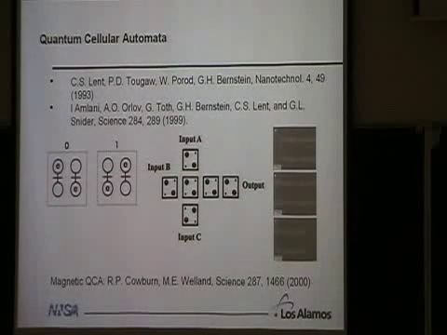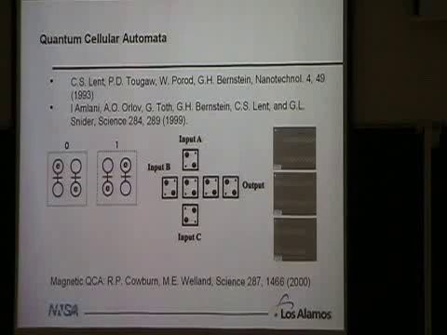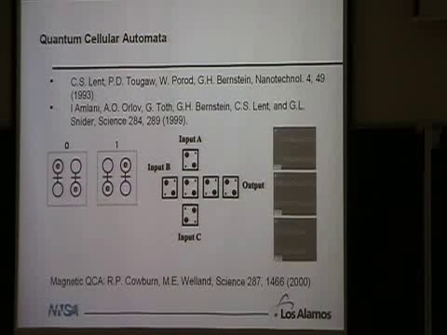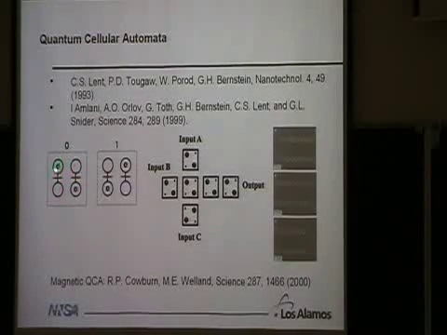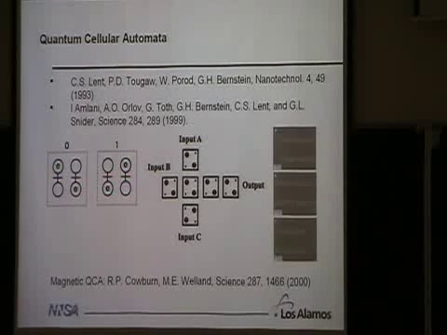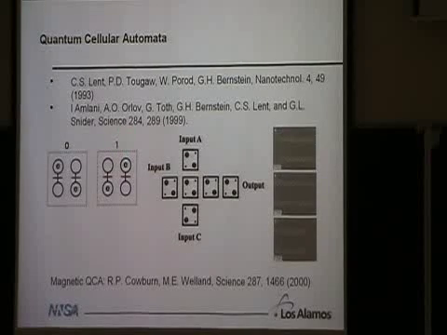So let me tell you about the ratchet effect that we tried for the colloids in the context of logic. And first of all, what is this logic? Well, the idea was to make an alternative logic device using the discrete positions of particles in some kind of traps. This was proposed by Lent et al. back in the early 90s. And they thought, well, let's take 4 quantum dots and have 2 electrons in them. And if we do that, the electrons are going to sit either like this or like this to minimize their energy. So we can claim, well, this is the logic state 0, and this is the logic state 1.